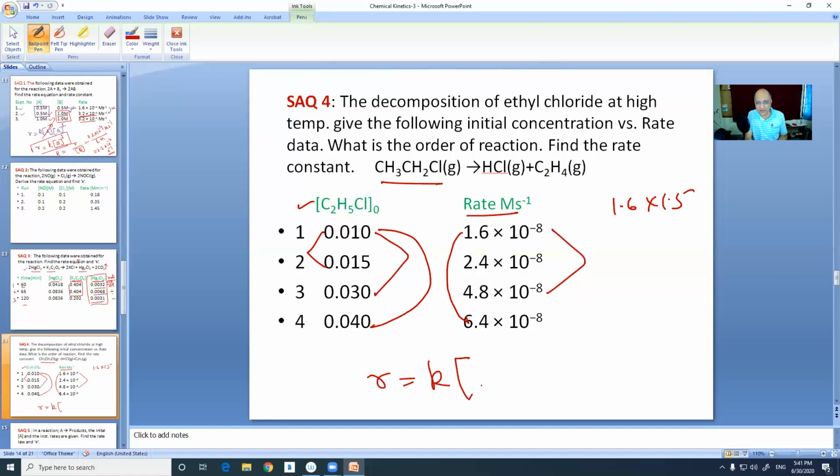So it's not a home task. Rate is equal to ethyl chloride to the power 1. It is a first order reaction, right? And you can find out the rate constant. K is equal to any rate. But actually, since it is experimental data, you find all the K values and take the average of it. K is equal to rate by ethyl chloride concentration to the power 1. Put any data, you get K. For an MCQ, it will serve the purpose.